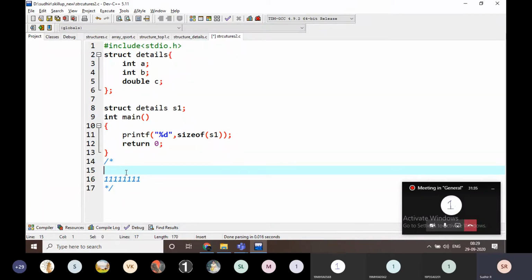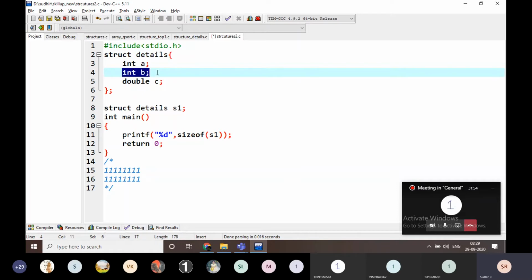Then integer a is going to be represented in 4 bytes and the remaining 4 is going to be 0 bytes. Instead of that, it is going to be filled with this 4. This is going to be represented for a and b, and the next one is for c.